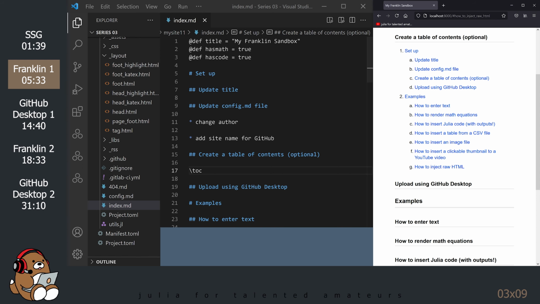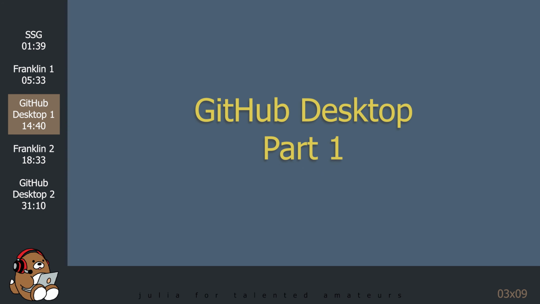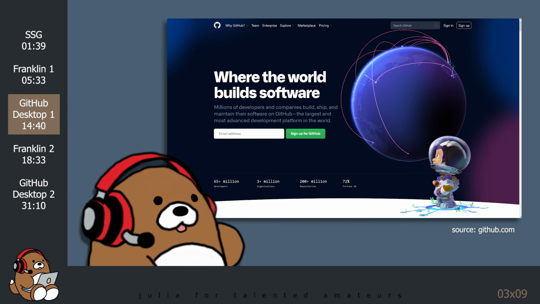Before we get too far, let's take a break here and learn how to deploy this website onto GitHub Pages by using something called GitHub Desktop. In the past tutorials, we've been uploading HTML, CSS, and JavaScript files directly to our GitHub repository. While that may work with a small number of files, it won't work with over 100 files in multiple folders. For that, we'll need something more sophisticated.